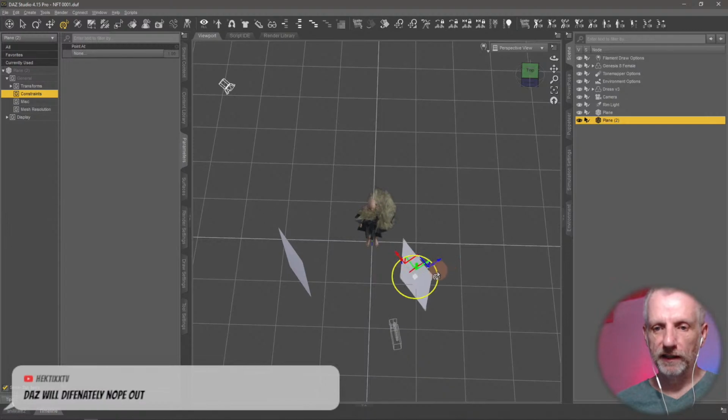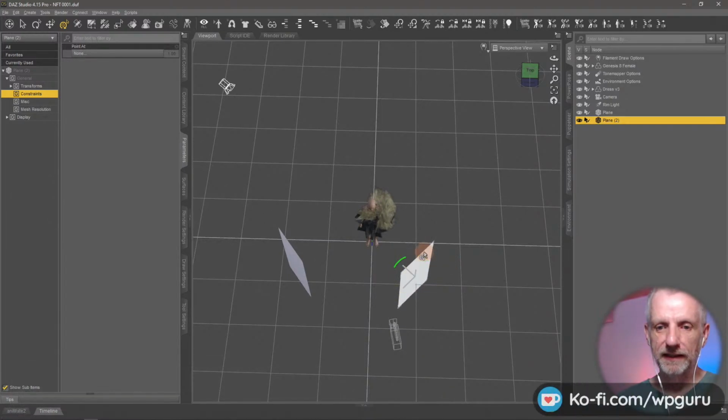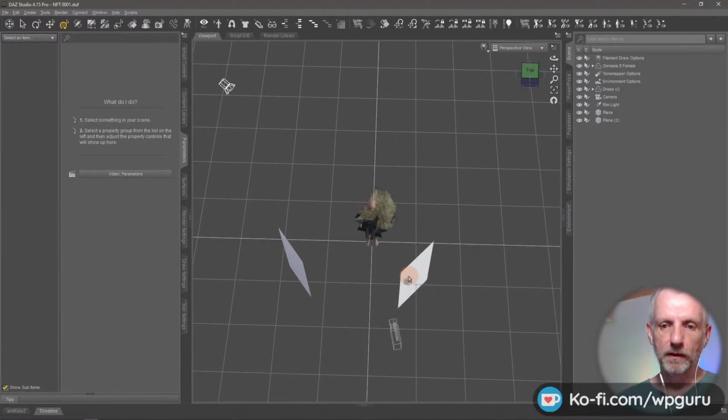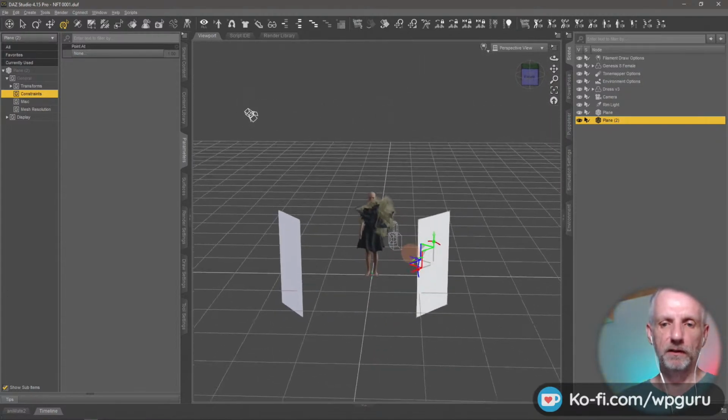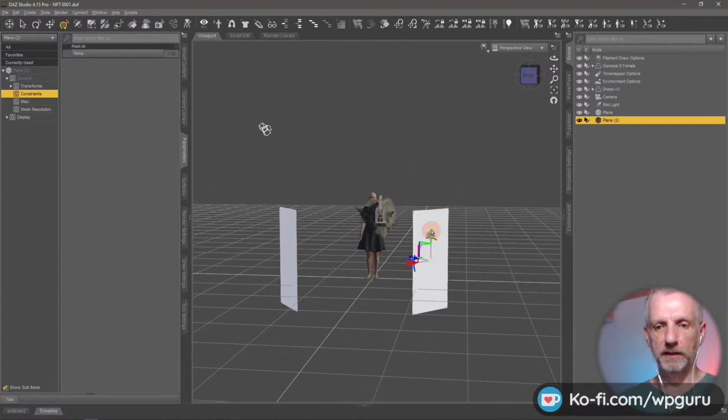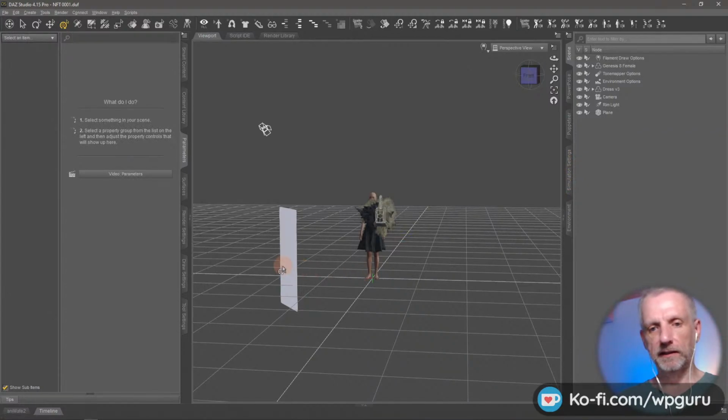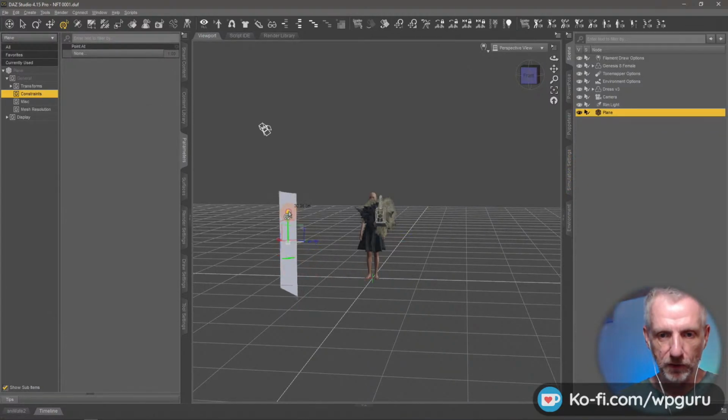Put that over here. Rotate it towards here. That's going to be our professional lighting rig. So it gives a really even illumination from both sides. I should have really put that up. In fact, let me go and set the light up on here first, and then we'll go and duplicate it